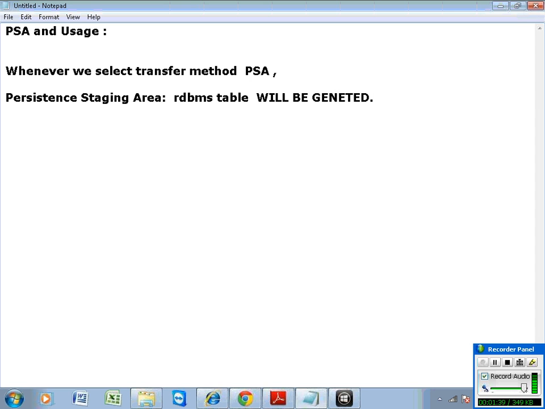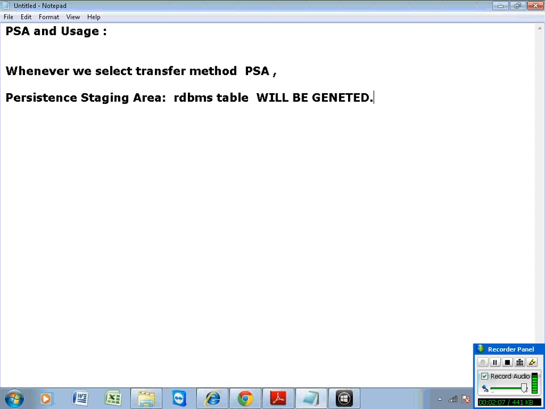We have data in the source system, and whenever you transfer the data using the load, data passes through the data source data fields and is stored in the PSA table. If you select the transfer method as PSA, then only this table will be generated.